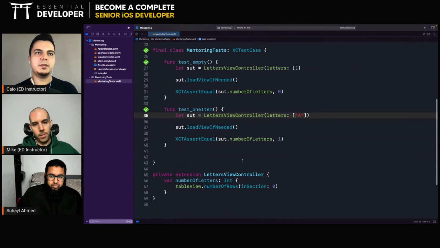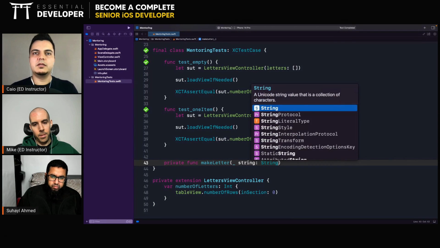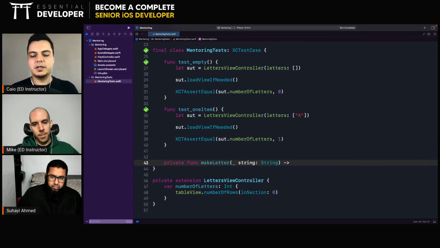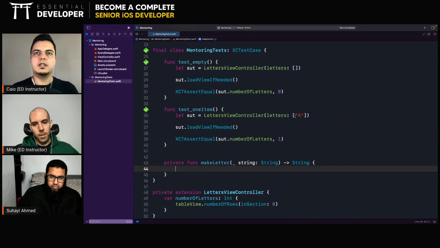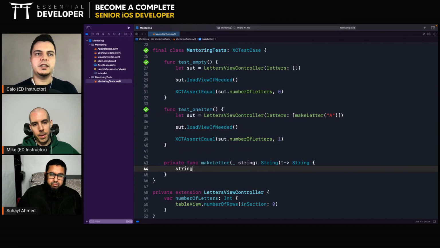So just to protect my test from breaking changes in the future, I'm going to create a private function makeLetter, and we pass here a string. This will return right now a string, for example. So here it's a makeLetter. For now, we just return the string.